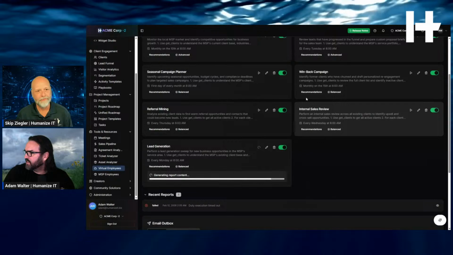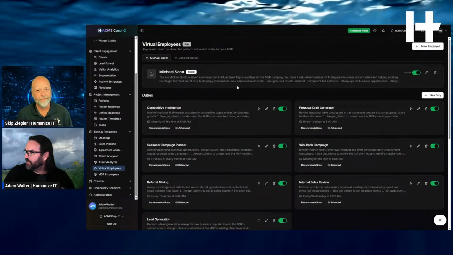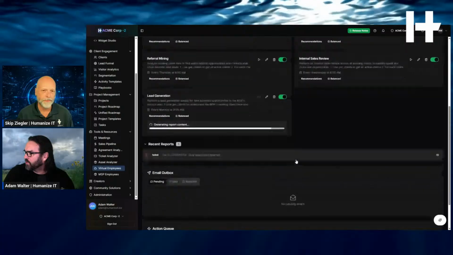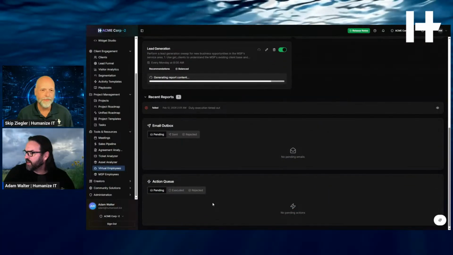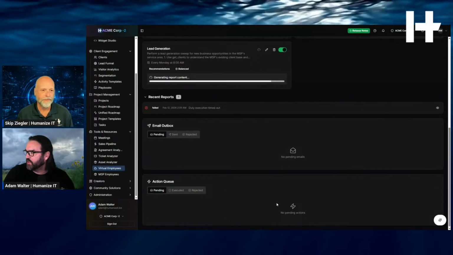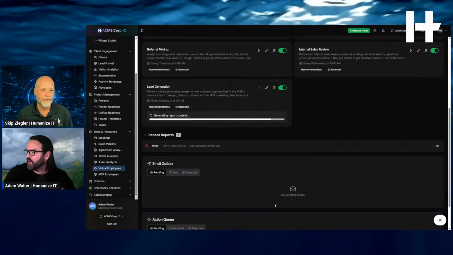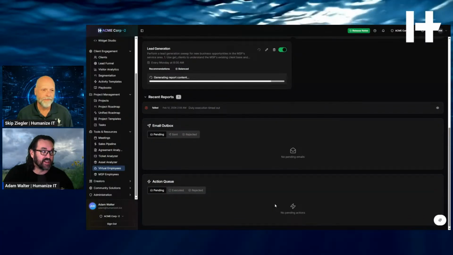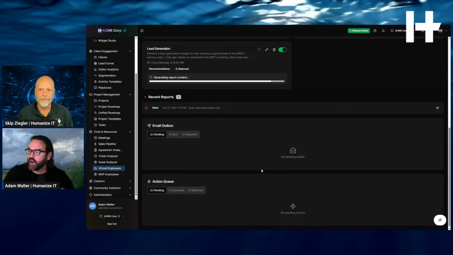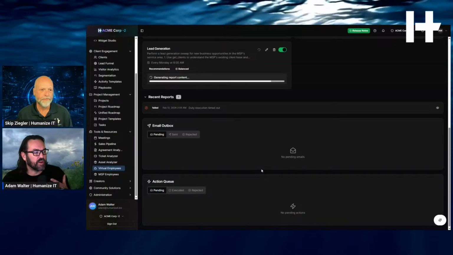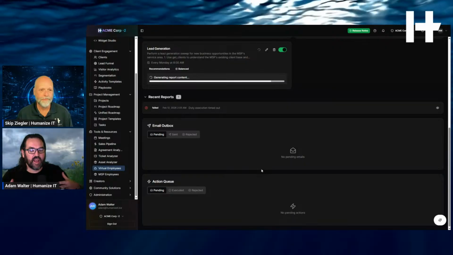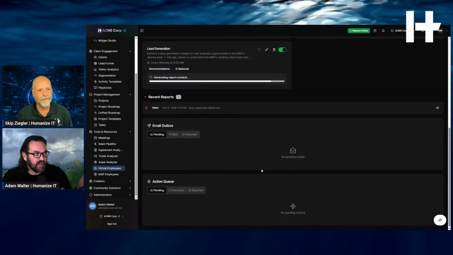So somewhere around here I have a button where it says require approval. You'll see down here in actions what he did, when he did them, and whether or not you need to make recommendations and you need to approve his actions. And that's where virtual employees kind of empower you. You take your low end employee, the bottom of the totem pole guy, and you give them 10 helpers.